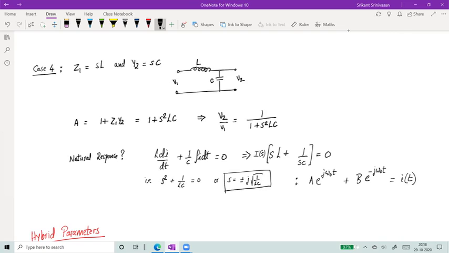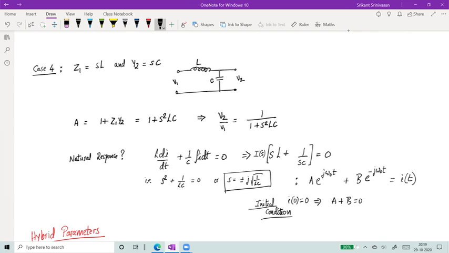And if I know that my initial current is 0, that means I(0) is 0, then if I solve this equation, I will say that a plus b is equal to 0, right? Let me write it for you. So if I(0) is equal to 0, that is my initial condition, this implies a plus b is equal to 0, and that means a is equal to minus b.